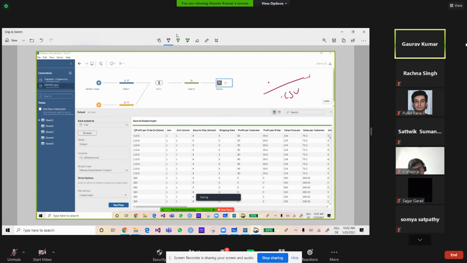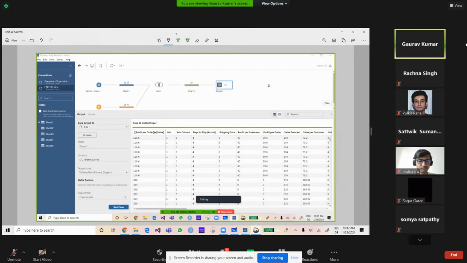So mostly when you are working with your data set, you try to save it in a CSV file so that anybody can access it, because anybody can open a CSV. So here, if you see this pen, like save output as a file, I will show you that also.